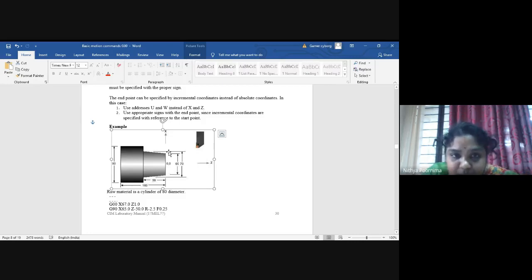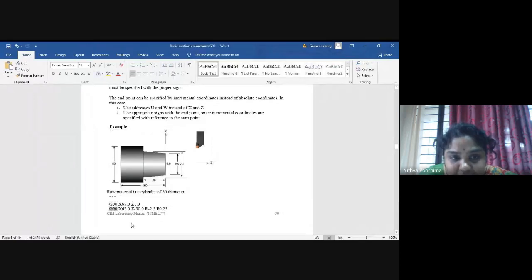That means in G00 there is no cutting operation taking place. So first, to position the tool, you give commands as G00, x67 and z plus 1. It is not minus 1, it is z plus 1. It is moving away from the axis and upwards, and for x67 you're positioning the tool here. Now you're giving the command for G90. G90 takes the cut in a single cut. It can be used for taper turning or for normal turning also. Here this operation is for taper turning.